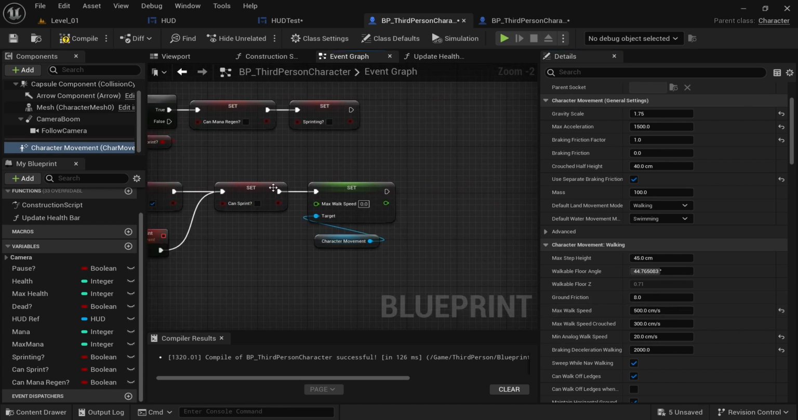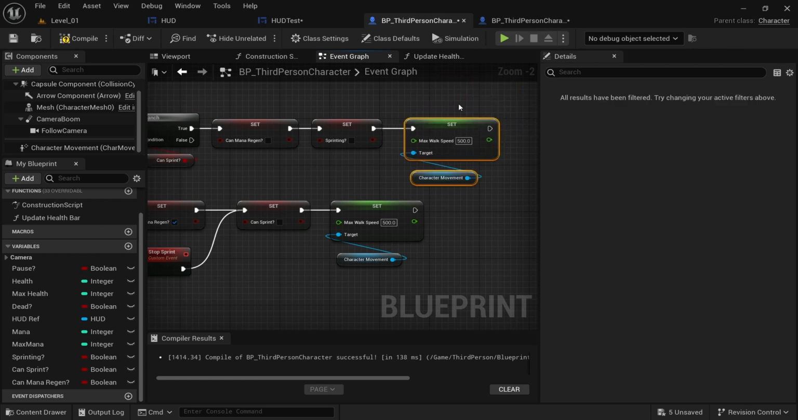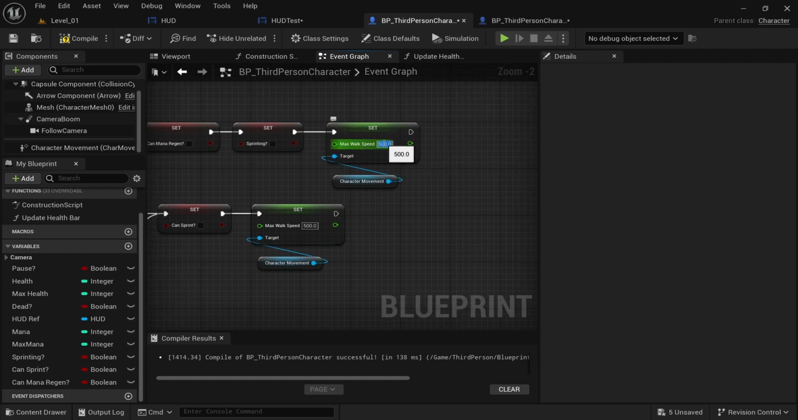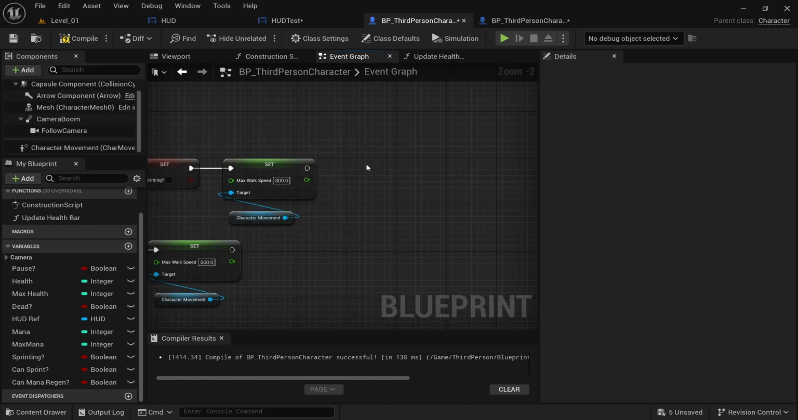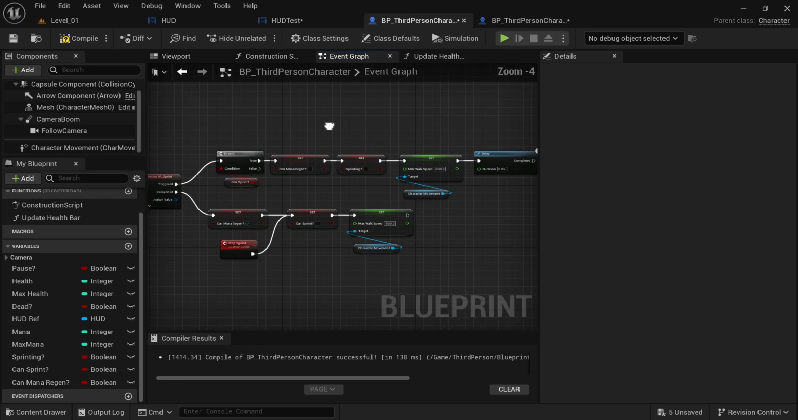So once we're done sprinting, we want to change the speed back to 500, and then we'll copy and paste this, and then set the sprinting speed. For sprinting, I'm going to go faster, so we'll do like 800, and then I'll hold D and then click to get a delay. And for the delay time, I'm going to do 0.05, and why we need this delay is because every time